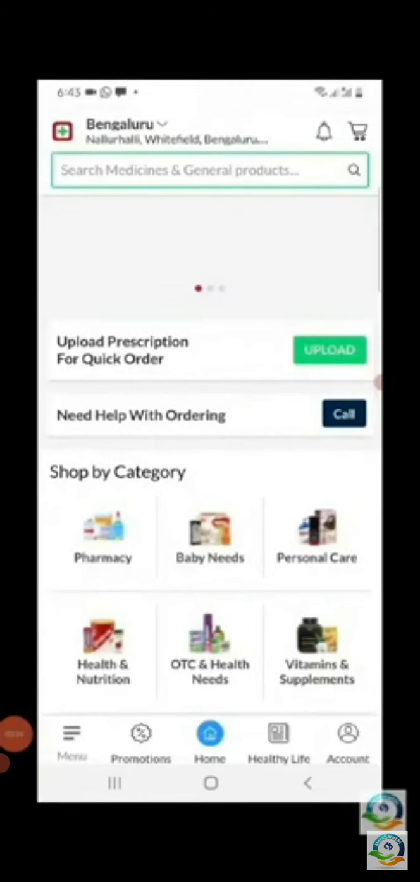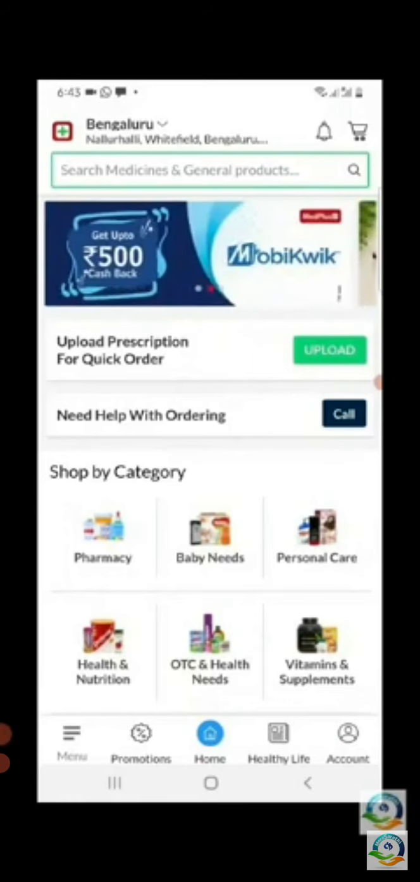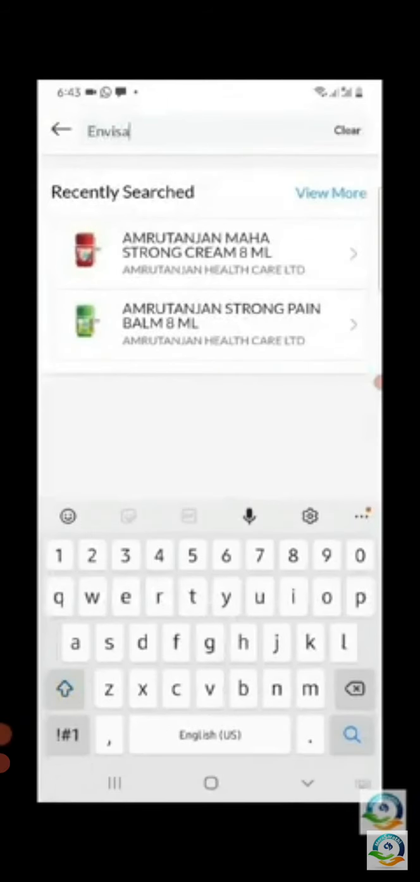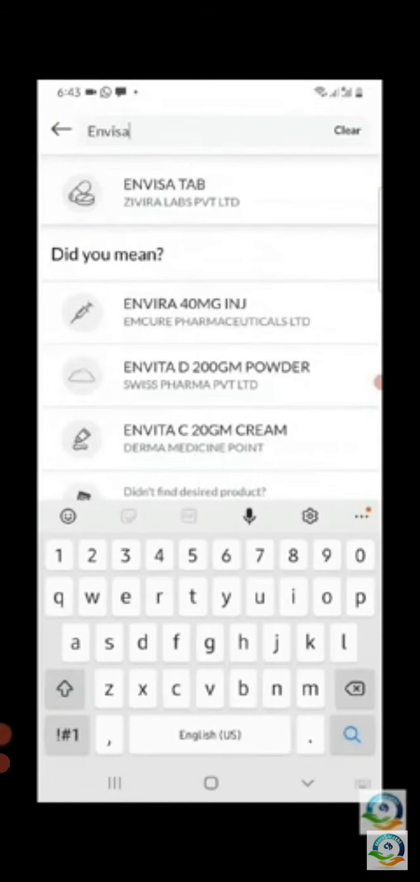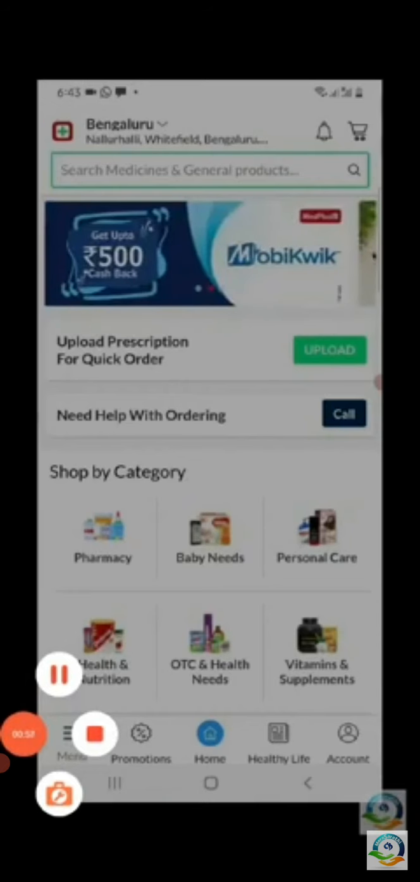So you can see that there is a search button here. You can see search medicines and general products. There are many other options also provided here, like other categories are also mentioned. So let me quickly check on a medicine, Envisa, which is given by my doctor. Once I see the Envisa tablet, if I click on it,